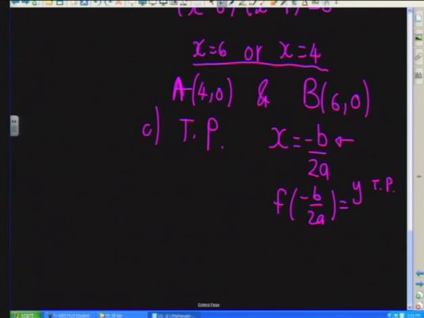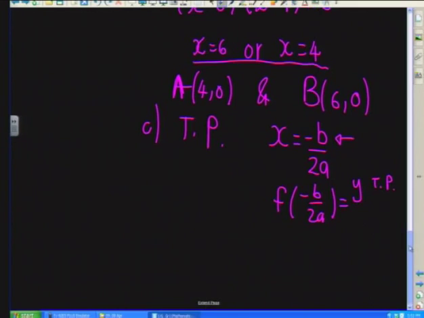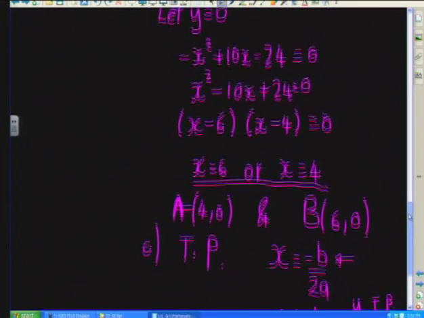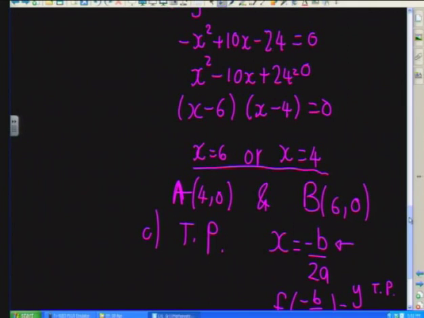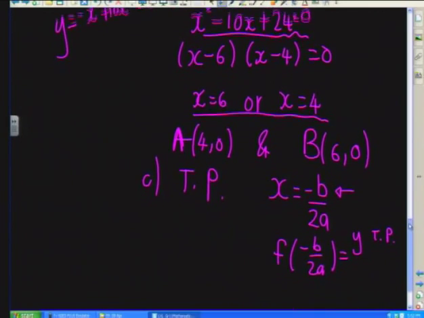All right, so how do we do it? We go to our equation. Remember, please, please, please, always take it from the original. Don't take it from the one that you've changed in your sum when you were trying to find x-intercepts. You need to deal with the original equation: y is equal to negative x squared plus 10x minus 24. If you start changing the signs in that, you're going to get the sign of your axis of symmetry